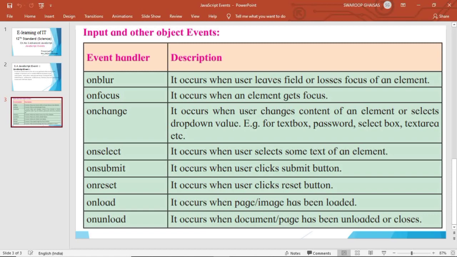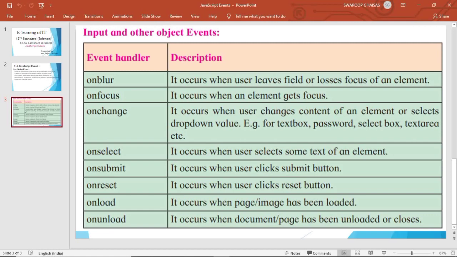Whenever the user leaves that particular field, it loses the focus, and then this event happens, that is the onblur event. Onfocus occurs when an element gets focus, that is, whenever you are using that element and entering a value into it, focus is towards that element. That event, the onfocus event, occurs whenever an element gets the focus.